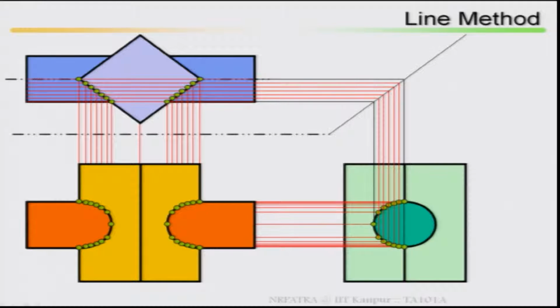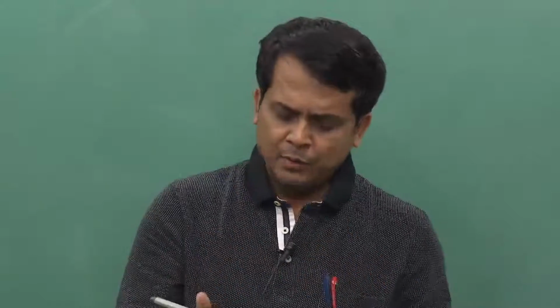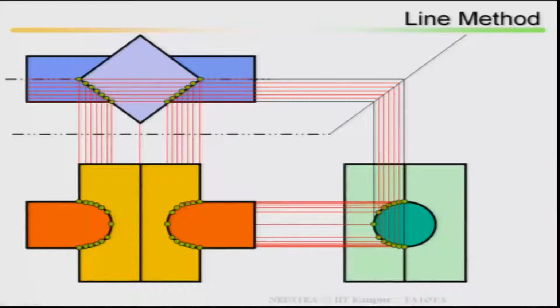that means you take a line from the side view, project it back to your top view, from top view you project it back to front view, from side view you project it back to front view, intersections, and you mark it and draw. This is the surface at the interface, that means this solid and this solid at the intersections, the interface, how your surface looks like. This is called by means of line method.